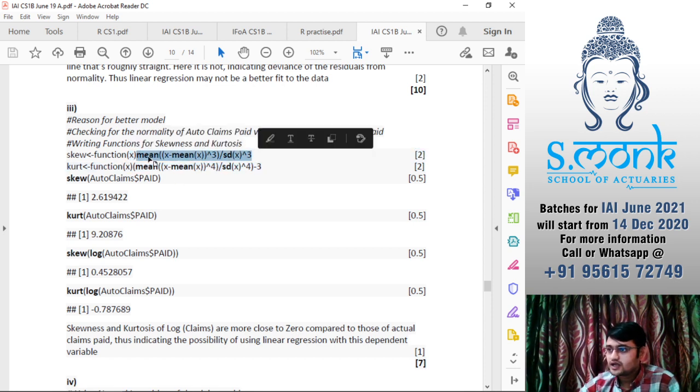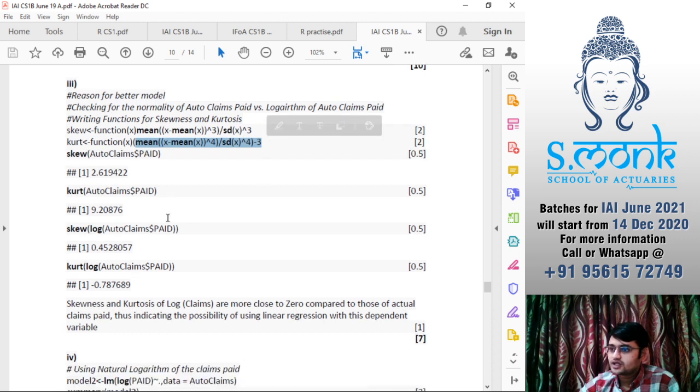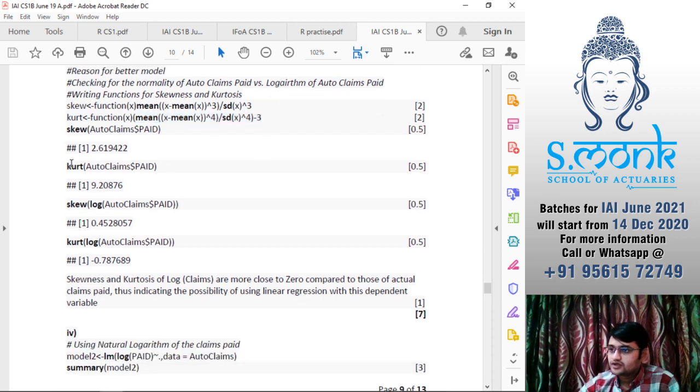They have now written the formula of coefficient of skewness. This is the formula for coefficient of kurtosis. So they have calculated skewness for paid, they have calculated skewness for log of paid, and kurtosis of both of them.